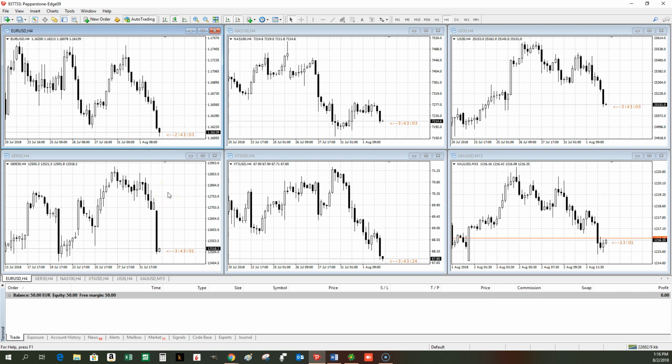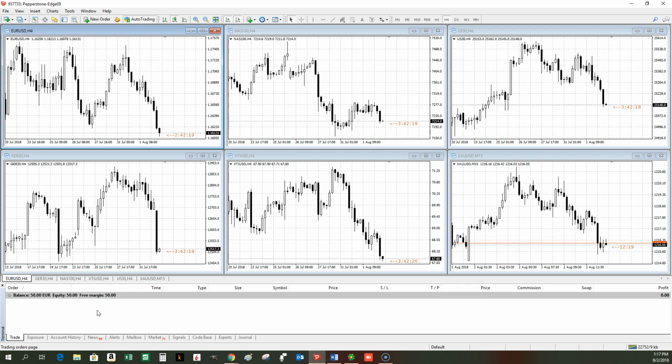Okay, so we're going to check which kind of instrument we're going to choose. First of all, when you have such a small amount of money, 50 euro is nothing. It's a very small amount, so you can't make much money from that. If you think that you're going to be a billionaire with 50 euro, it's completely out of reality.